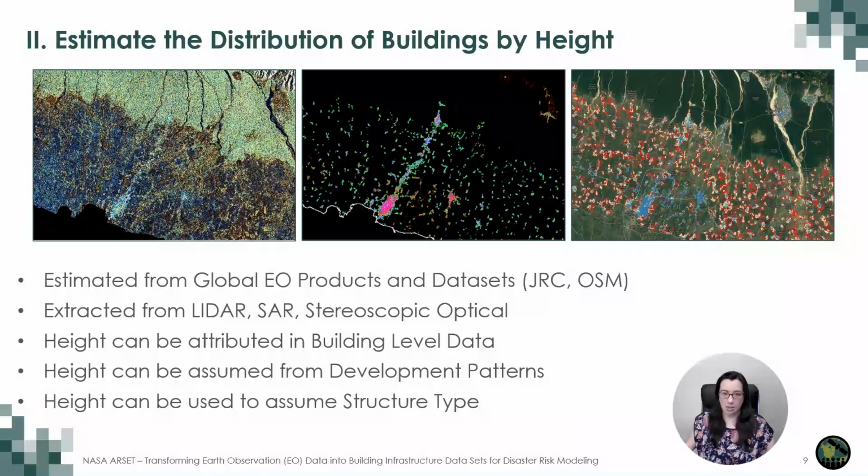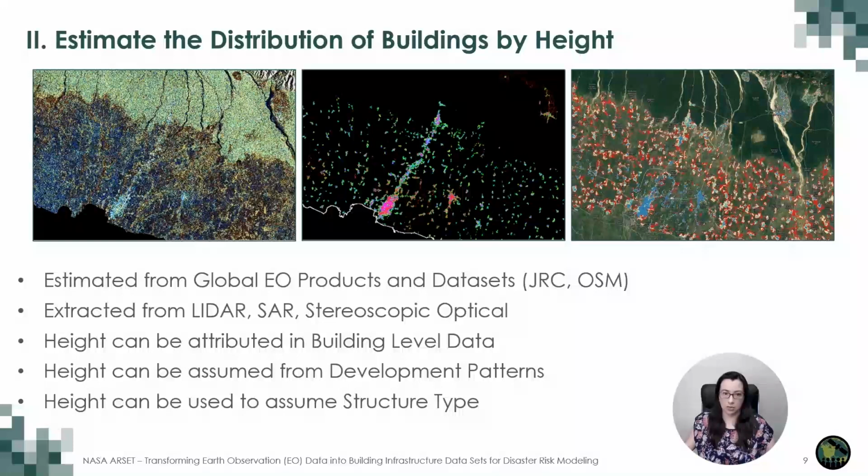In these images here, you can see how we use Sentinel SAR data to estimate the building heights based on development pattern signatures found in the mountainous region of Nepal. Without this analysis, the pockets of mid-sized towns with 2 to 3 story buildings would have been assigned as a